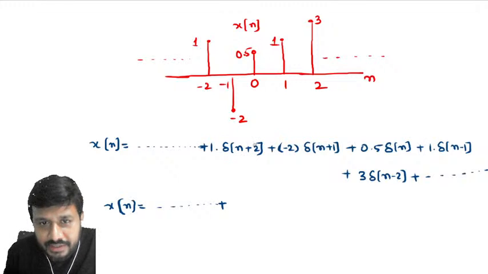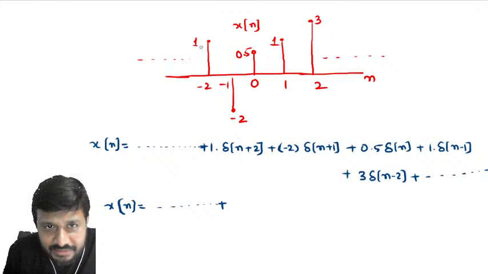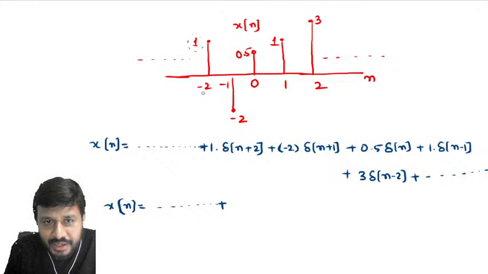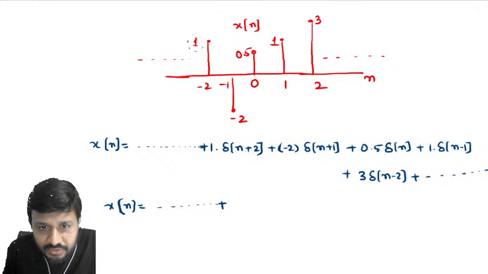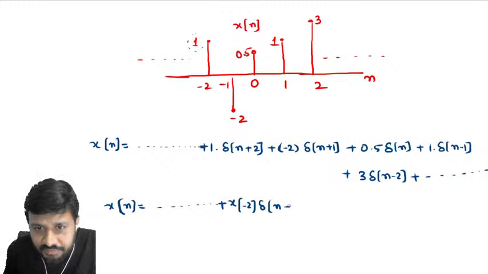Observe here, can I say that this 1 is nothing but the sample value at minus 2? Yes, it is nothing but a sample value. A set of samples is nothing but a discrete time signal. So I can write it as x of minus 2 into del of n plus 2